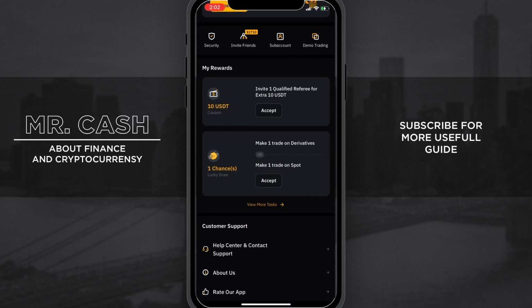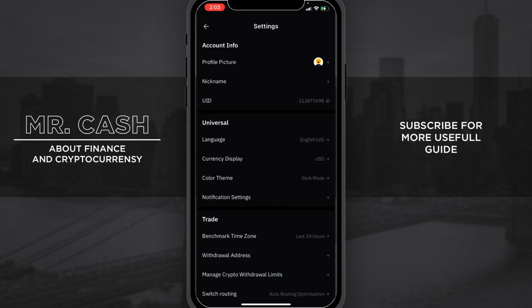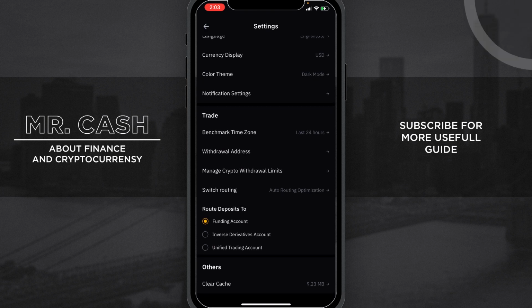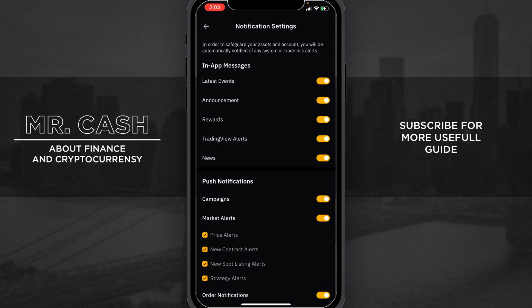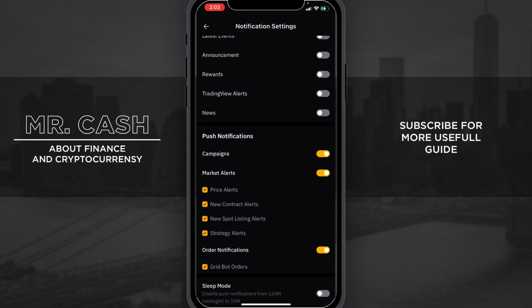And after that, once you're here, you can tap on the gear at the very top right corner. And once we're here, we can scroll down until you find notification settings. Tap on it, and now you can see here in-app messages, and you can just set them and scroll down